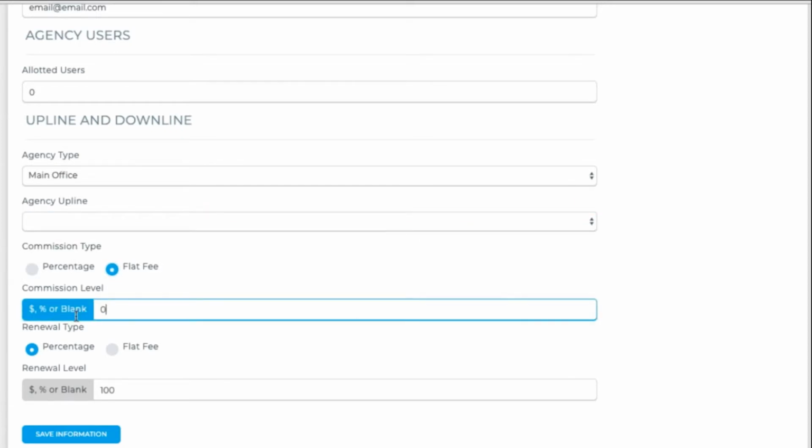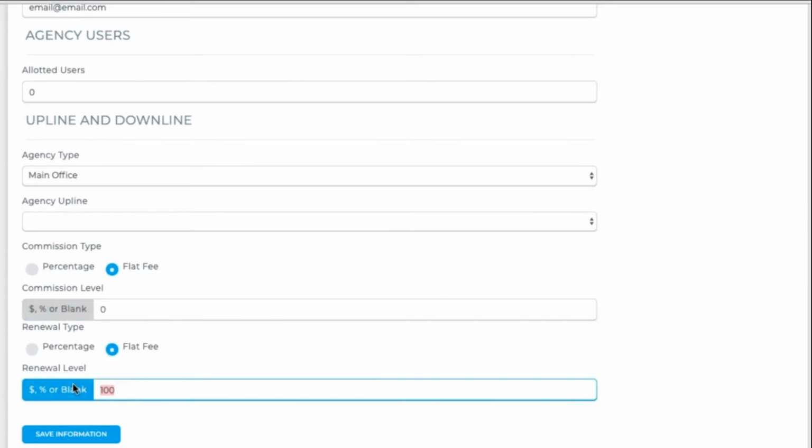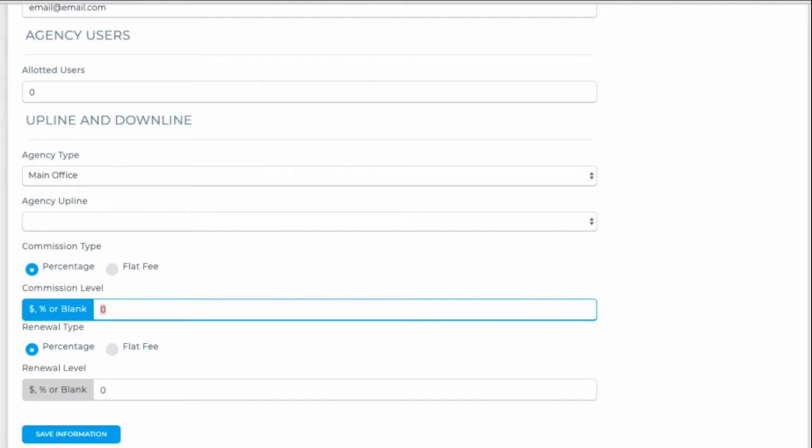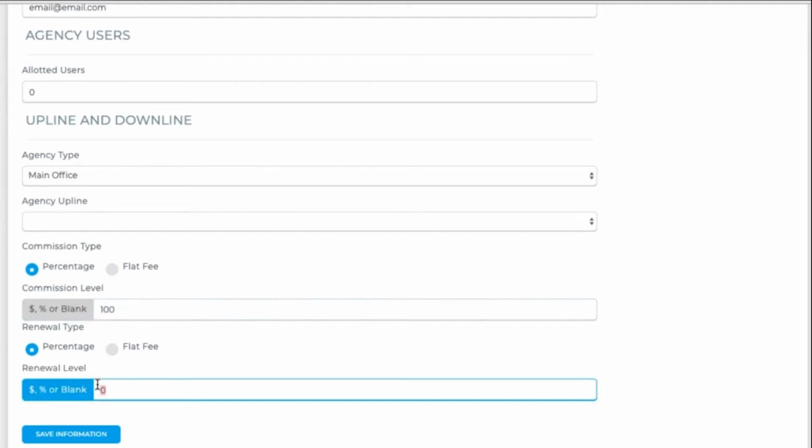However, we recommend that unless it's a team that will have a flat rate of 0, or if you only have one product with the exact same product splits per team, leave it at 100%. You'll be able to determine the team-level commissions at the product creation level. So if you have variable commission structures, you'll want this to be left at the default of 100 or blank,